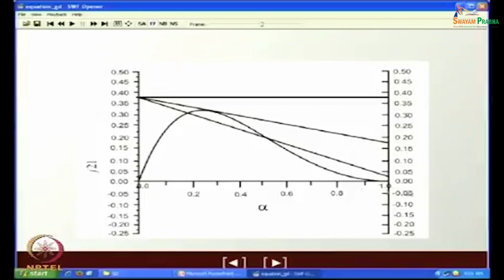Thus, from the flooding data for different values of alpha, we can locate different points on this particular curve, and if we join the points, then we can generate this particular curve from flooding data